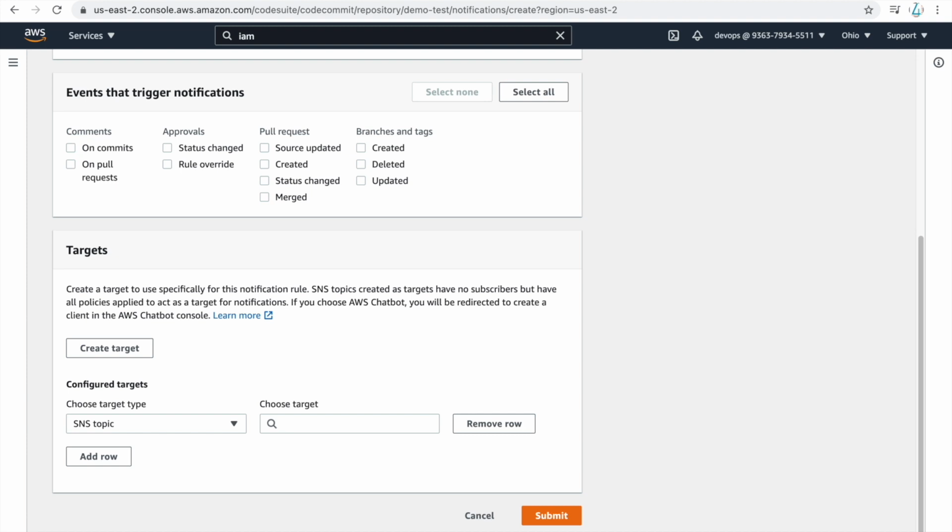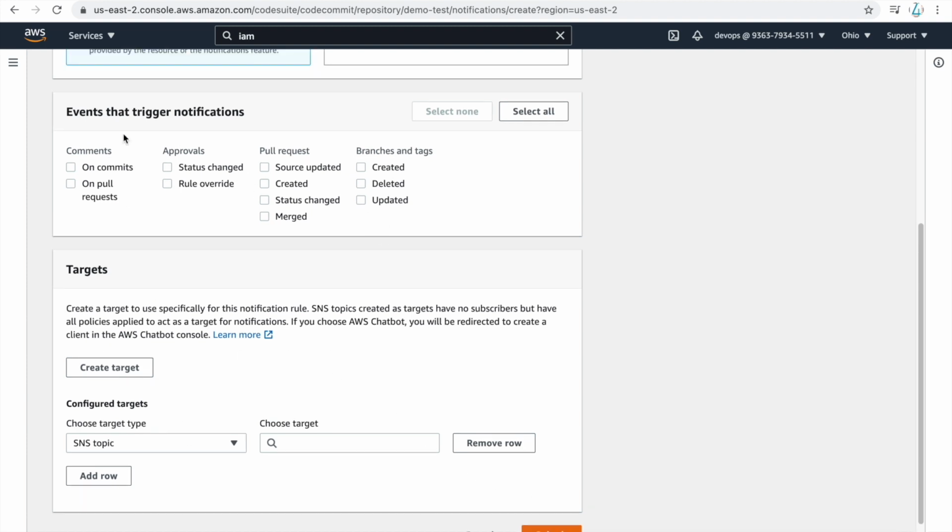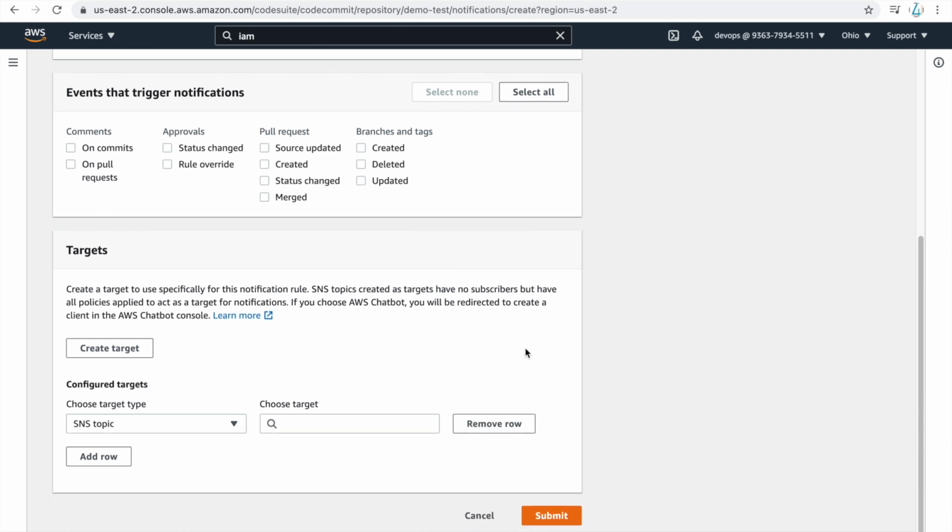We'll see that. So this is how you first create a notification on these types of events, and it will send a notification to that person according to your SNS configuration.